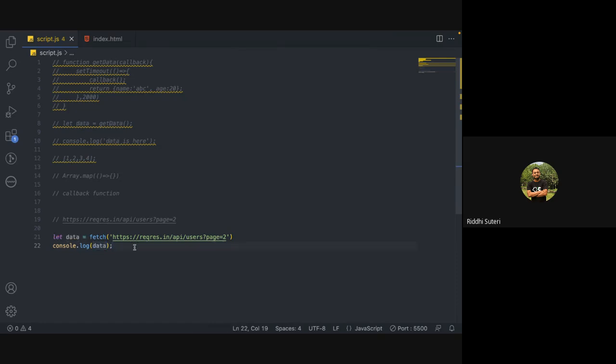So in that case, right, there could be multiple ways how you can handle this. The first way is you can use a dot then and dot catch. ये बेसिकली क्या करता है, ये आपका कोड को दो सेगमेंट में डिवाइड कर देता है। इज बेसिकली आई टोल्ड यू, राइट,